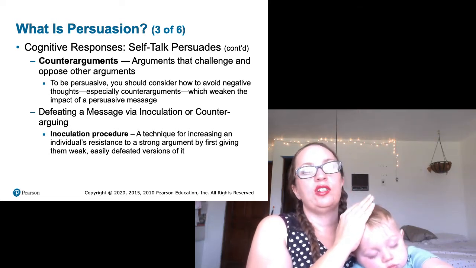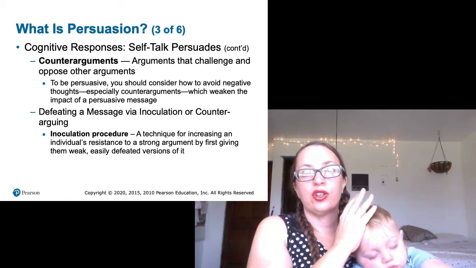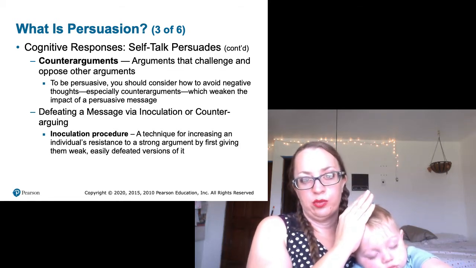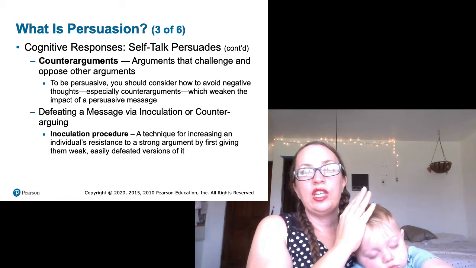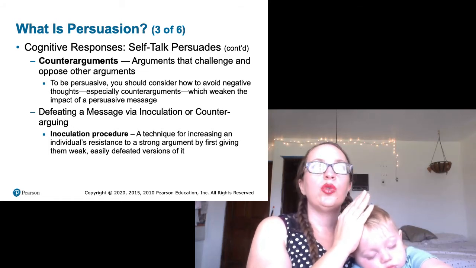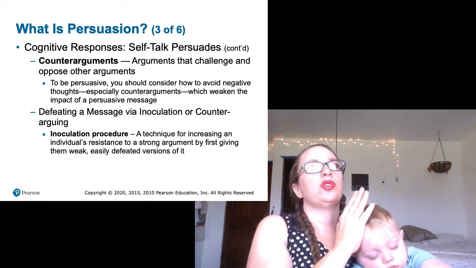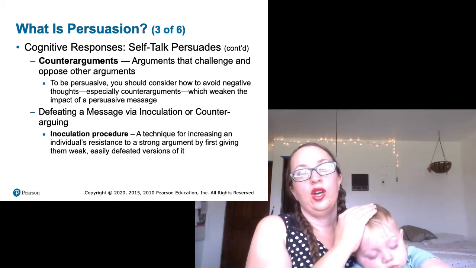Now you can use something called an inoculation procedure in counter-arguing. A method for providing someone with resistance to an opponent's persuasion efforts is to use an inoculation procedure, which is where a weak message favoring the opponent's position is provided. That's probably confusing, but here's an example. You see it all the time with politics, where